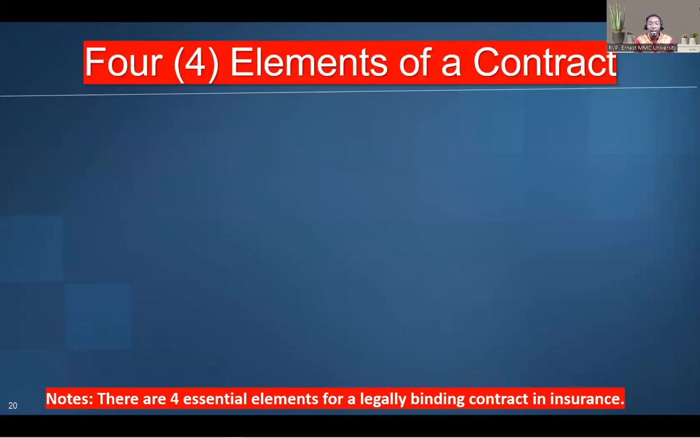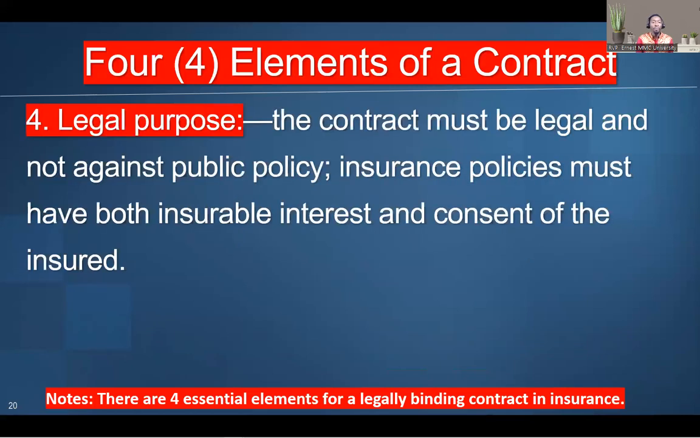And the last one is what we call legal purpose. Legal purpose. In order for the insurance contract to be legal, they have to make sure it's not against public policy. They have to make sure the contract is legal. All right, the contract must be legal and is not against public policy. Okay,